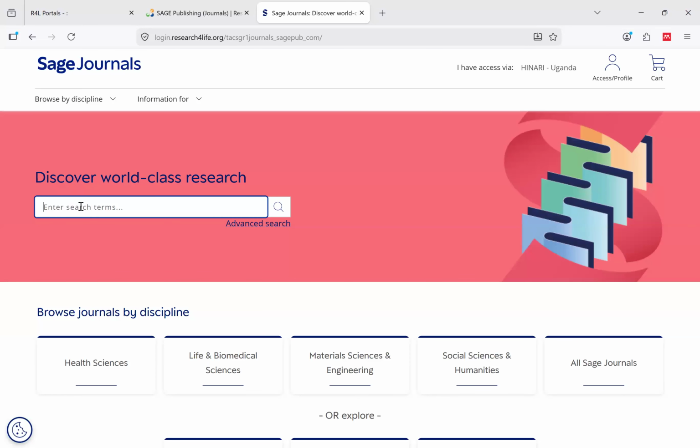AI generated tools. Sorry? AI generated tools. Yes, please. Okay.